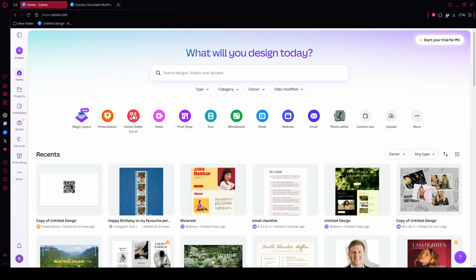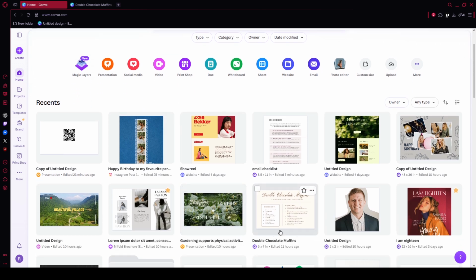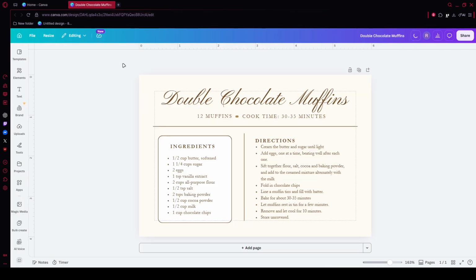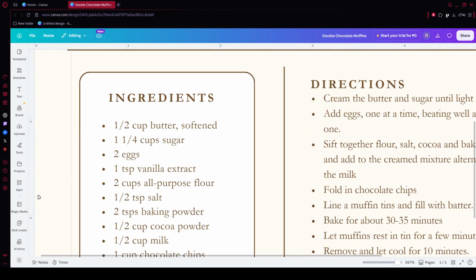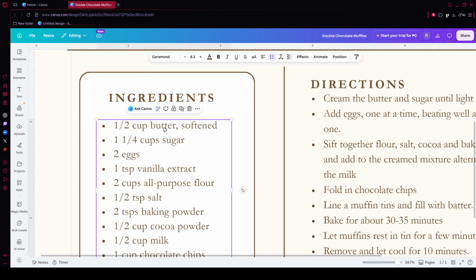To begin, open Canva and go to the project you want to edit. From your homepage or recent designs, click on the presentation, flyer, newsletter, or graphic you want to work on so it opens in the editor. Once your design is on screen, move to the text box that contains the words you want to emphasize and click it once. You should see the text box become active with its outline visible, which confirms that you're editing